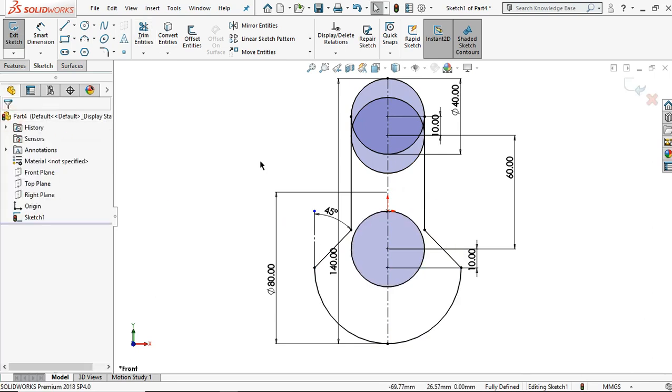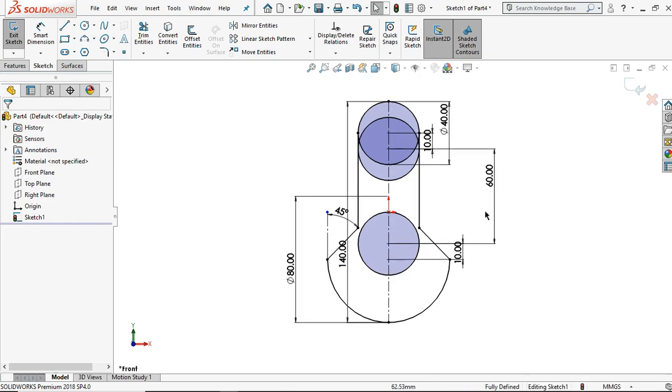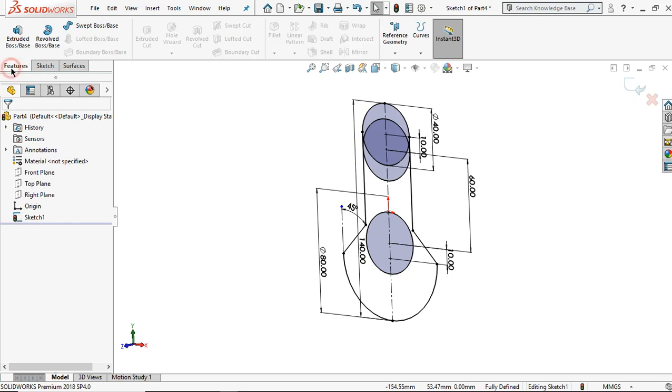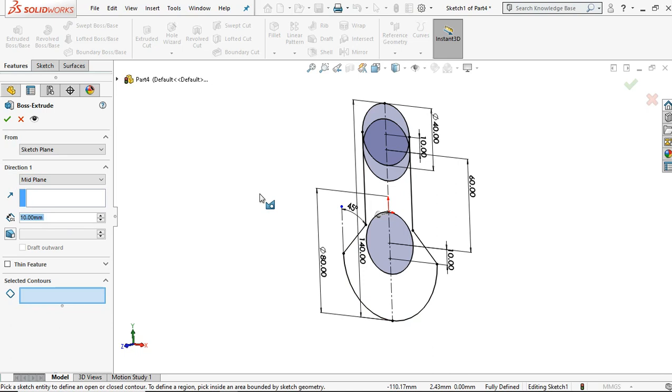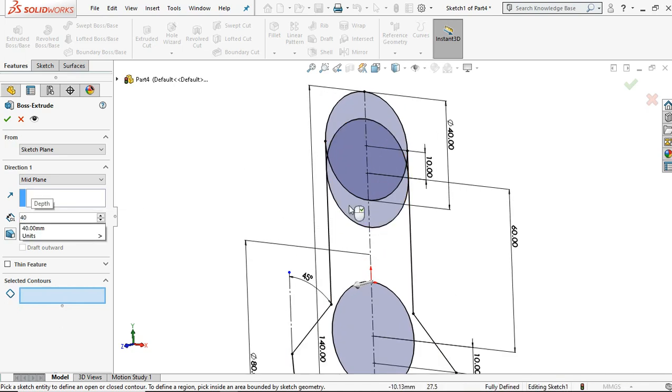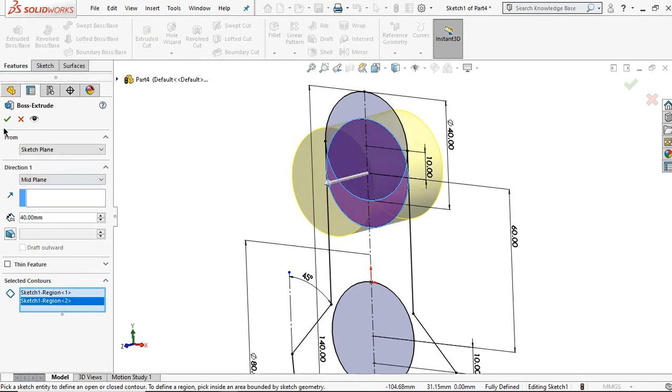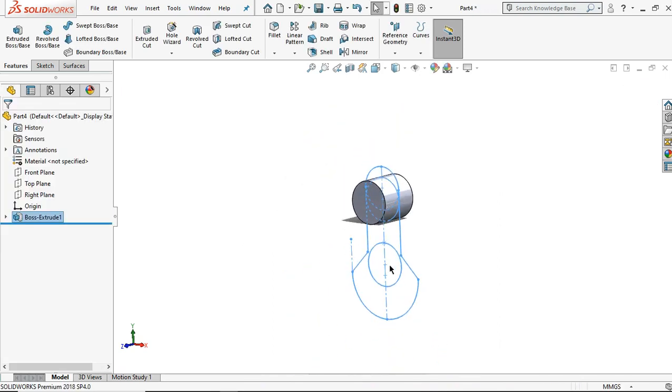For the next step, let's give the thickness for this sketch by clicking extruded boss/base, and then click feature. For the first one, for this direction one, change to midplane, and then let's set 40 mm for this value, and I want to select this sketch. Apply. So you will see the 3D model from this